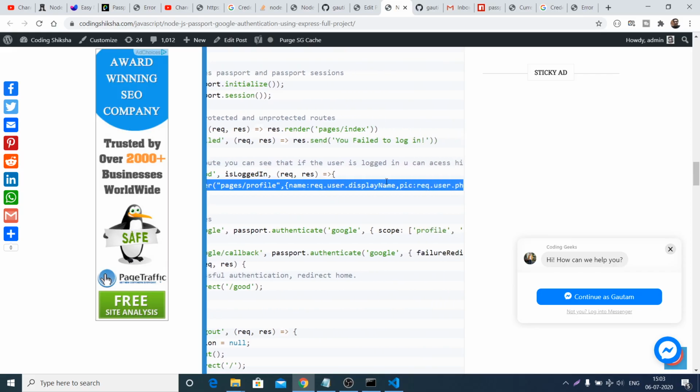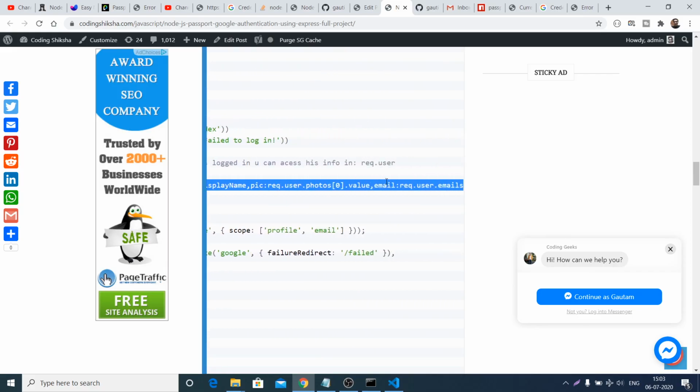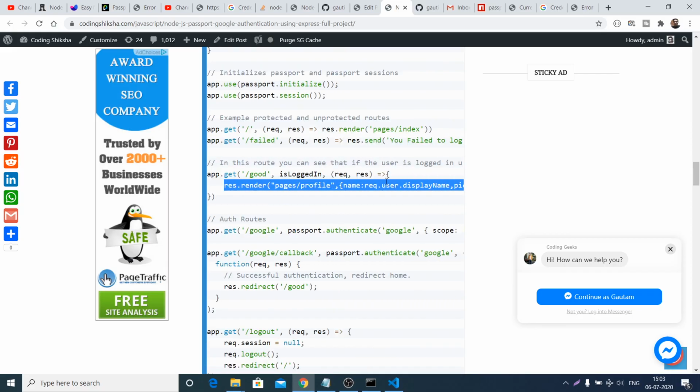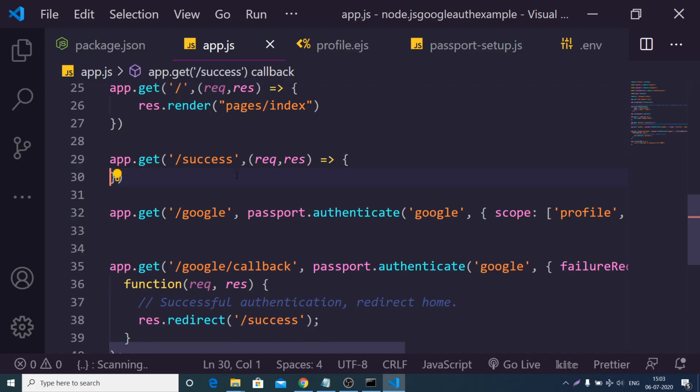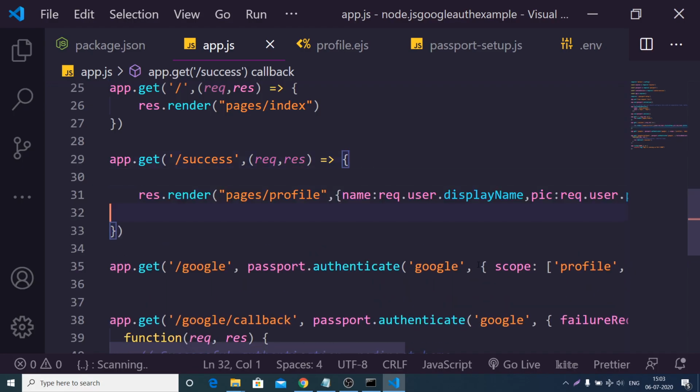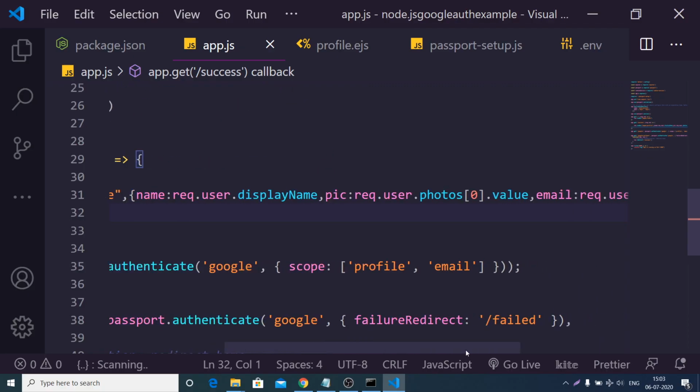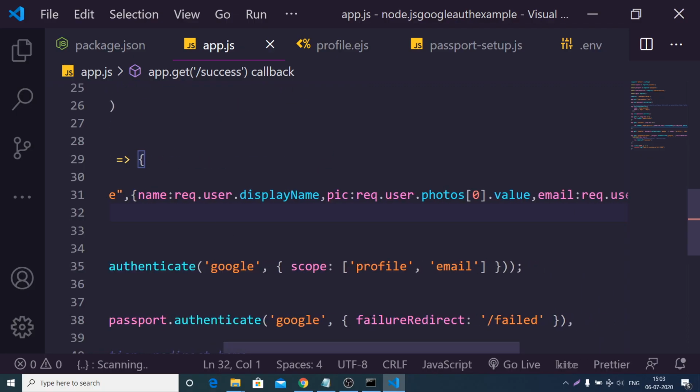Sometimes I can write wrong code. That doesn't mean that I'm a bad programmer. So let me just refresh this, paste this value here, you can see that name is equal to request.user.displayName.